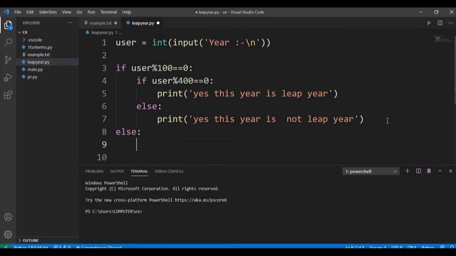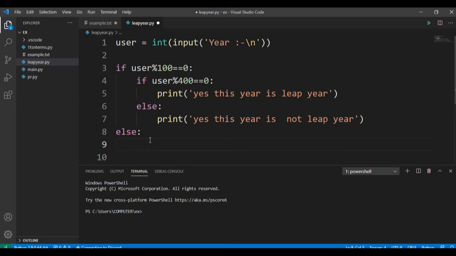Now I have to further check, because in this line we checked whether the year is a century year or not, and for the rest of the years, which are not century years, like 1926, 1938, 1945, we further have to check whether they are evenly divisible by 4 or not.